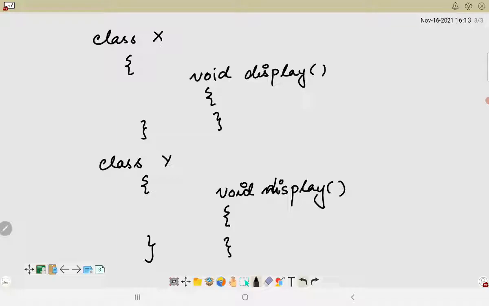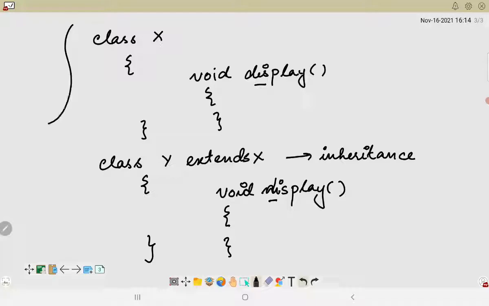Supposing I am trying to extend x, that means y is trying to extend x. That means this is a concept of inheritance, or an is-a type of relationship. Under all the circumstances where the method name is the same, the parameter list is the same, as well as they exist in two different classes and there is an inheritance concept associated with it, we call this entire process a method overriding concept, and